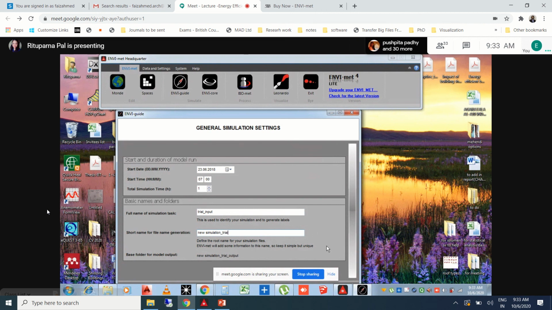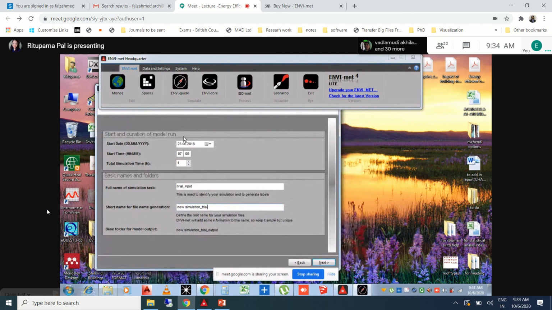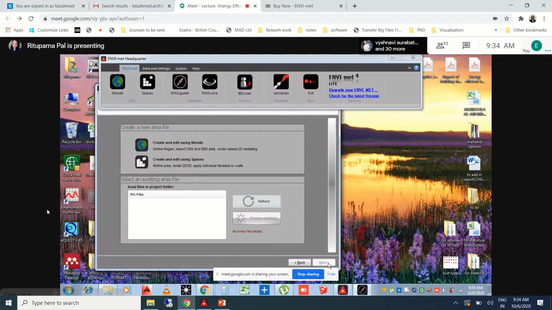Has everyone done this step? Yes, ma'am. You have to rename the file names like this, so that it gets easier for you to generate the results. Okay, so after this, you click next,